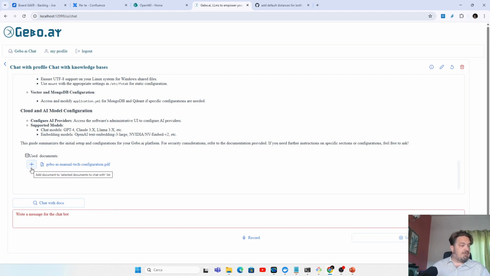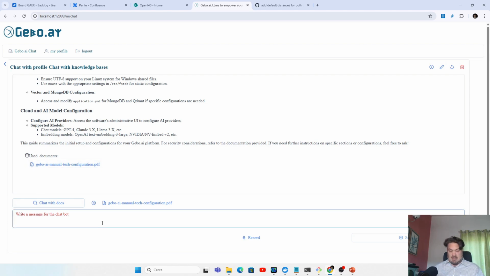On the visual interface, by clicking this button, you are not only searching inside the document, but you include this document in your questions. So you transform from a retrieval augmented generation to a chat with document session.